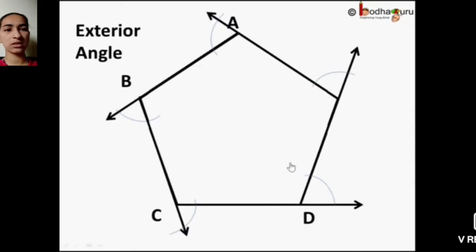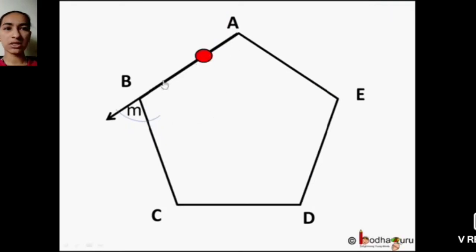Students, understand this. Now what is the exterior angle? Just now we have learned the interior angle, and now we are going to learn the exterior angle. On the figure you can see the markings, and these markings are for exterior angles. That means the angle made outside the polygon by extending the lines of the polygon is called the exterior angle. As many interior angles as there are, that many exterior angles.